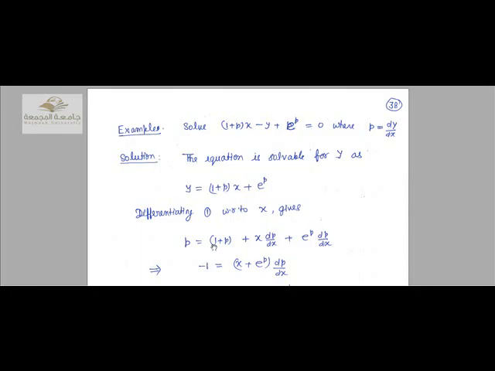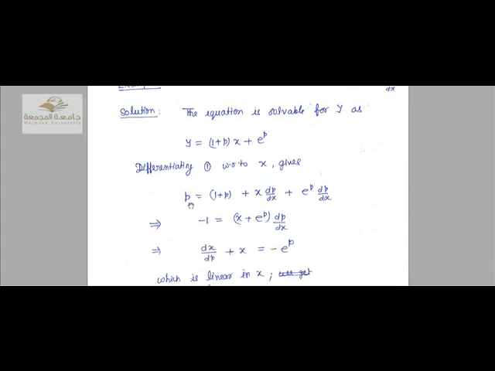For example, solve (1 + p)x − y + e^p = 0, where p = dy/dx. Solution: the equation is solvable for y as y = (1 + p)x + e^p. Differentiating this equation with respect to x gives p = 1 + p + x dp/dx + e^p dp/dx, which implies −1 = (x + e^p) dp/dx, which implies dx/dp + x = −e^p,